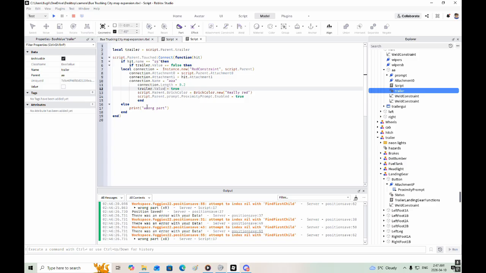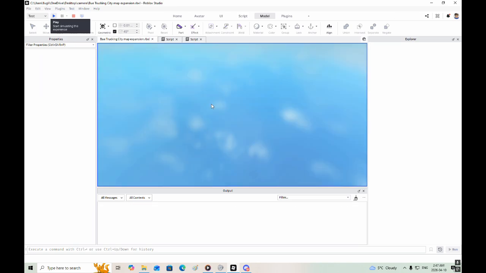Because see, it's saying wrong part. So I know there's two parts there. But